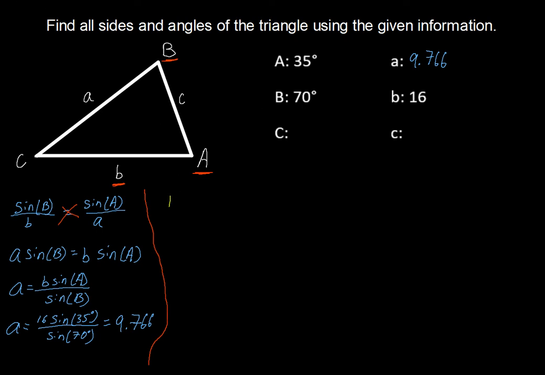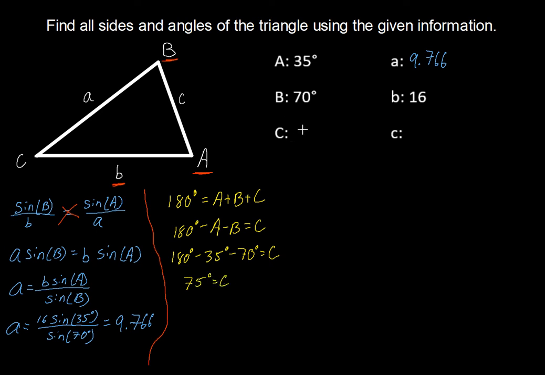If we remember that the sum of all interior angles of a triangle is 180 degrees, it becomes really quite easy to solve for capital C. 180 degrees minus A minus B equals C. 180 minus 35 minus 70, which means that our angle C is 75 degrees. So with just a little bit of algebra and a little bit of thought, we can quickly determine that our